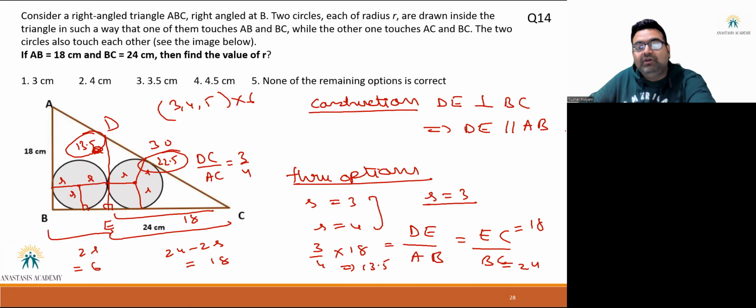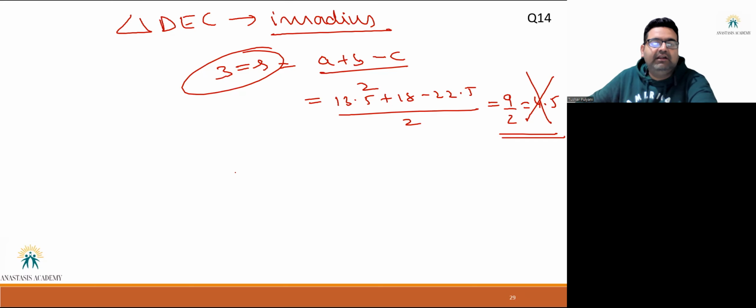But we still have to try R equal to 4. Reason being because there are options like 3.5 and 4.5 as well. But see, even if 4 centimeter was further down in the options, I would have still tried R equal to 4 first because 3.5 and 4.5 are decimals. They might involve more calculation. So let's try R equal to 4.